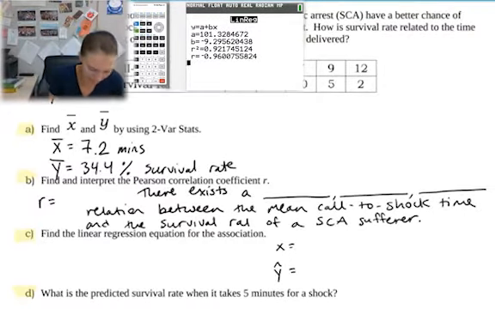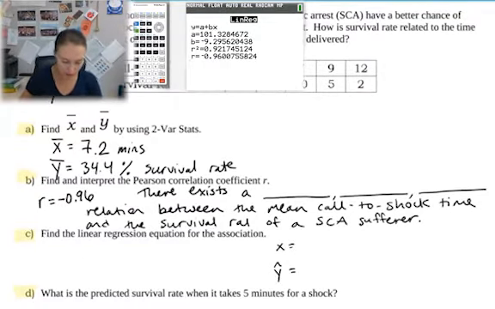So r is negative 0.96. And then interpreting that r value, in the 2.6 lesson we talked about that a little bit, so you can go back and watch that again if needed. But there